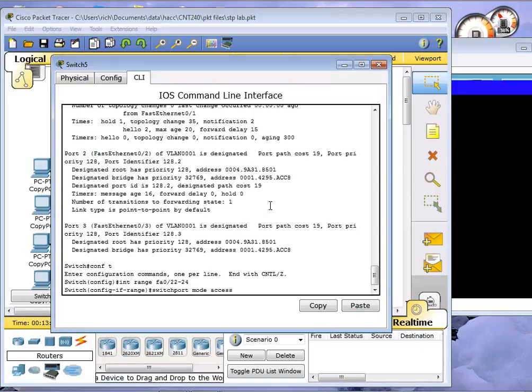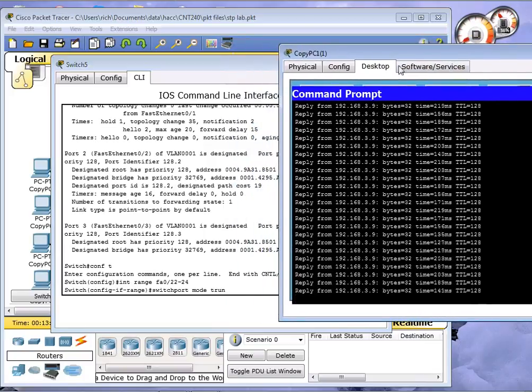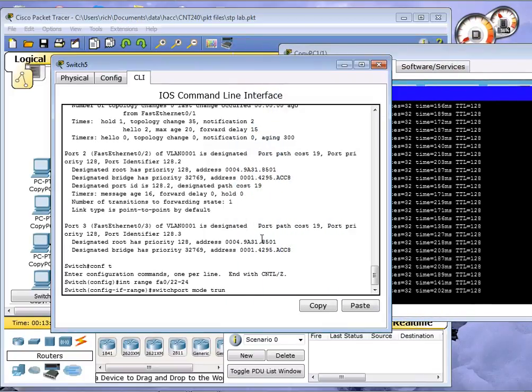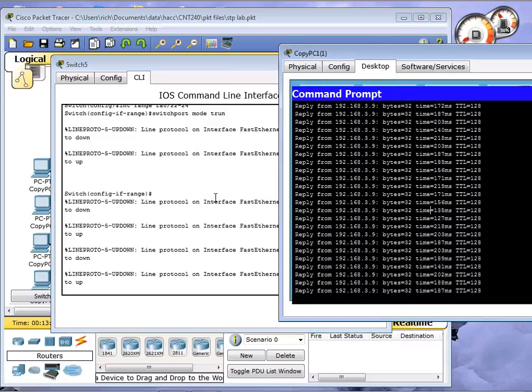Sometimes when you fix things in a layer 2 network, is my ping working? Yeah, the ping's working. Sometimes when you fix things, it was broken and you fix it, you make it a trunk. Oh no, you just fixed the network, but you really caused a momentary outage while the spanning tree network reconfigures itself. So just be aware that this can happen